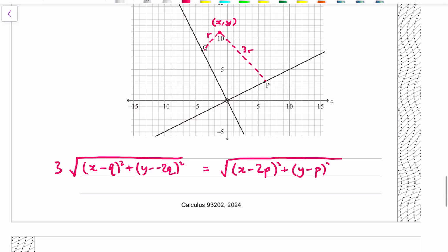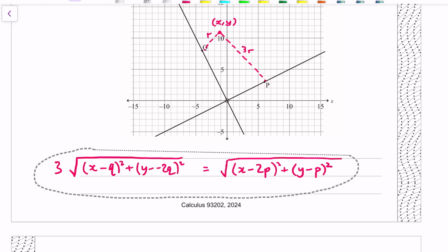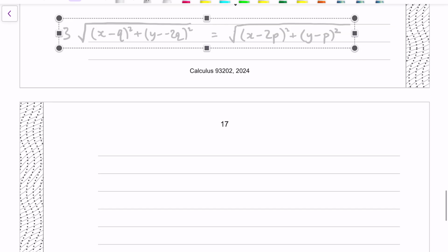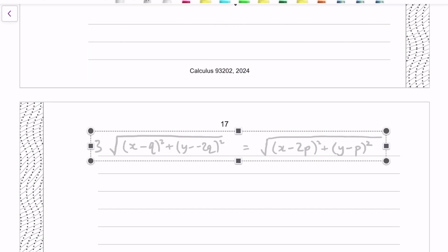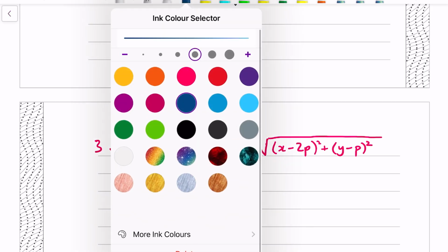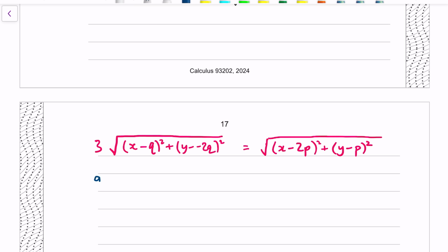P, all squared. So that equation there, we have to realize it's a circle, and it doesn't really look like one at the moment, but if we expand out the stuff, we're going to notice pretty quickly it's a circle. Let's just move that down there, and square both sides. If we square both sides, we get 9. This stuff here will expand, the square root will disappear, but we're going to get